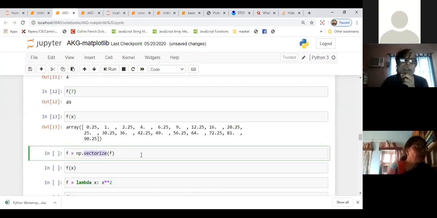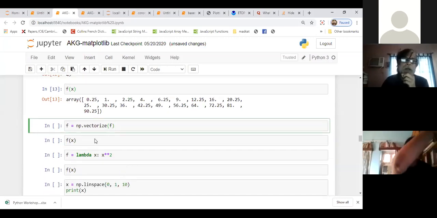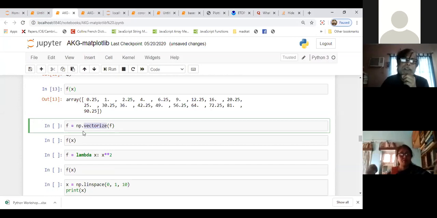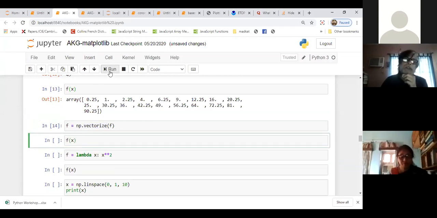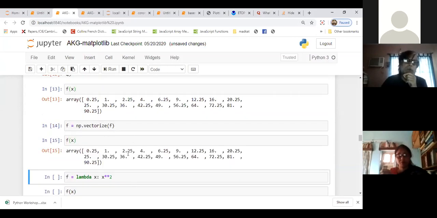Sometimes for fitting or another purpose, you need that. If this doesn't work, then you have to vectorize it. You write np.vectorize, inside that you write f, and you rename it as f only. Then of course this works. It is not showing error, which means it is working.